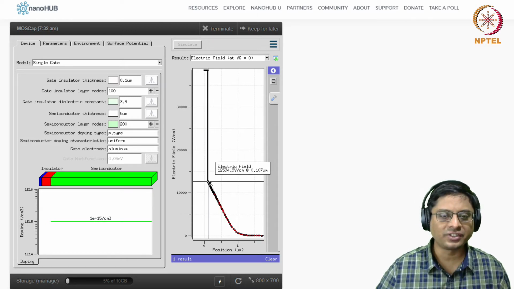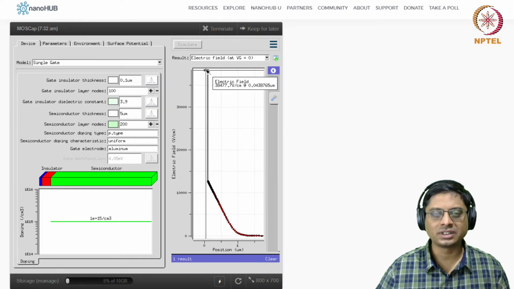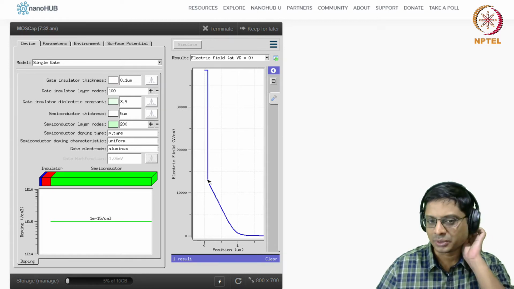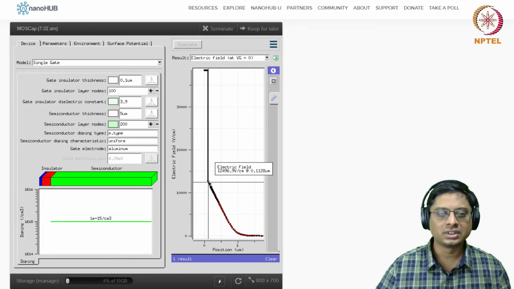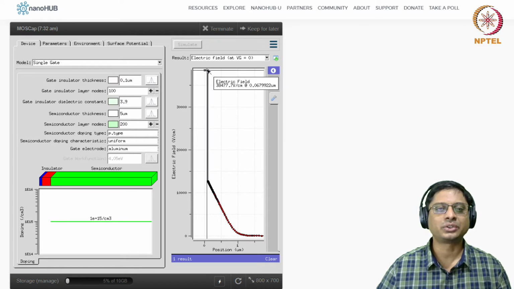Here the peak electric field turns out to be about 12,741 volts per centimeter. And if you look at the field in the oxide, it turns out to be 38,000. So 12 times, you can compute 12 into 12,500. 3 times will be 36, 37,500 or so. So 38, close to 38.